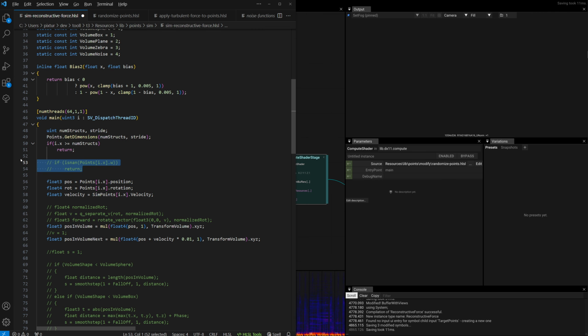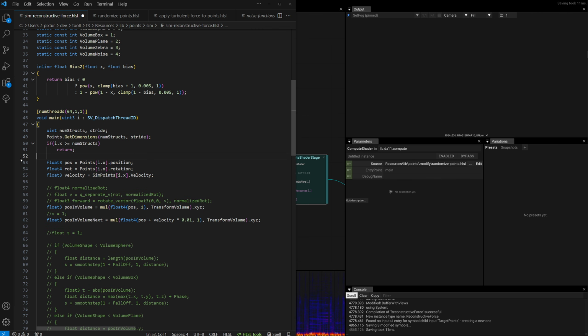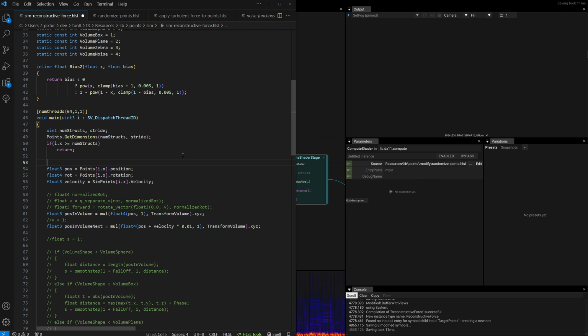We don't need that for now. We take the position and the velocity. So, to be frank, I'm not really sure what to do with the velocity. I guess